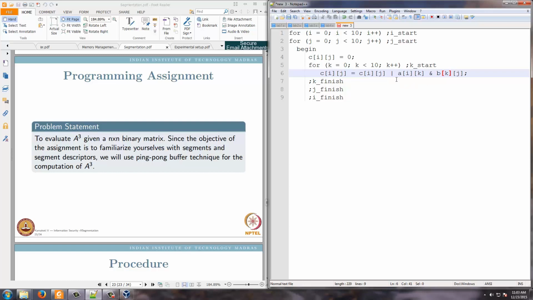So this is the code for which I am going to write the assembly code here, and we will now go through the assembly code in detail.